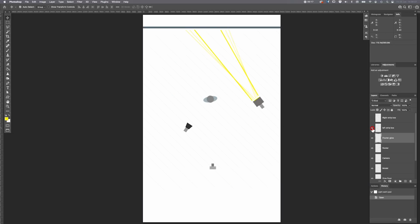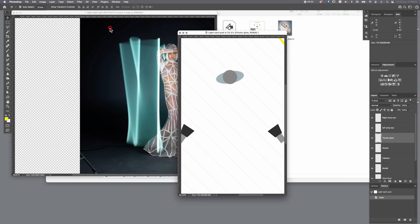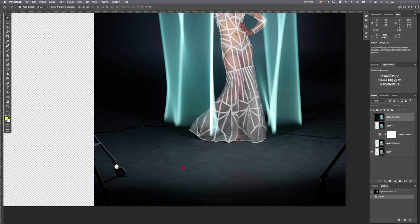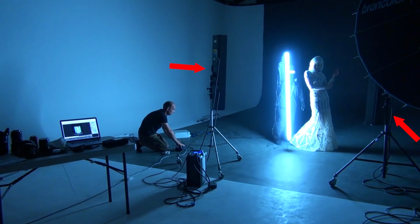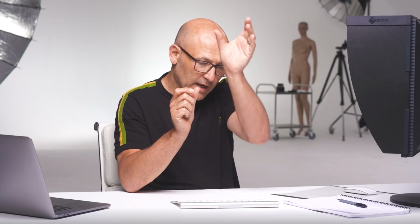Then we had a strip box light here on the left and a strip box on the right. And again, you can see that in the original picture because you can actually see the studio light stands on wheels there, one either side on the floor. And I used strip lights, and these were a special, very thin strip light made by Broncolor, tall ones that are only about that wide,